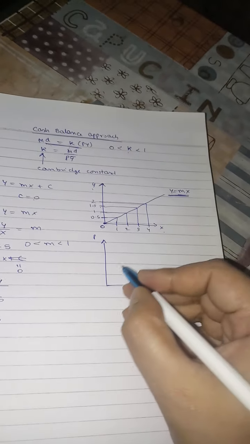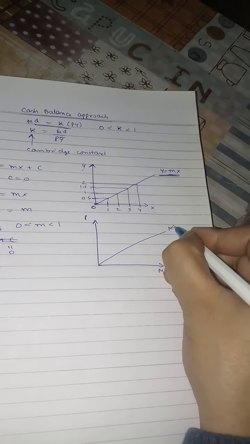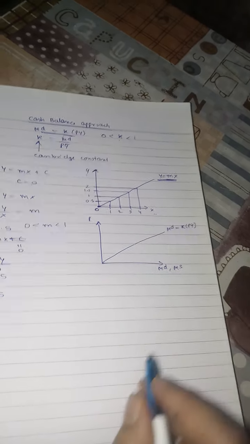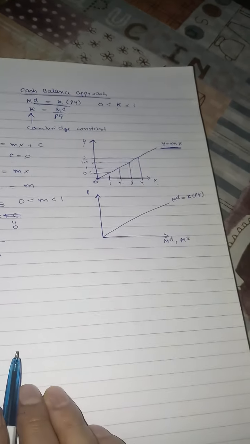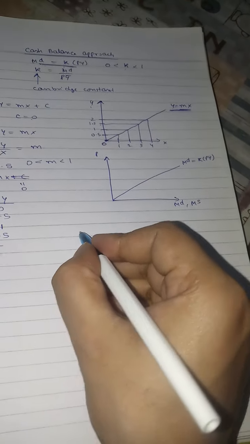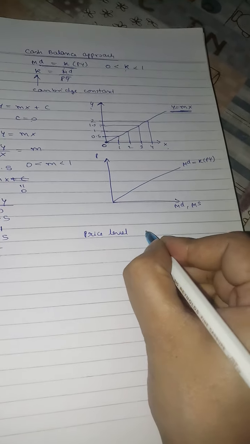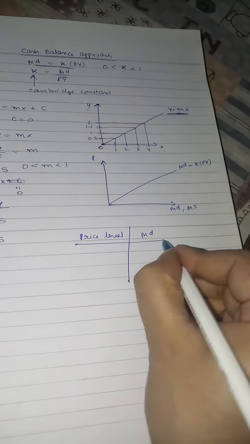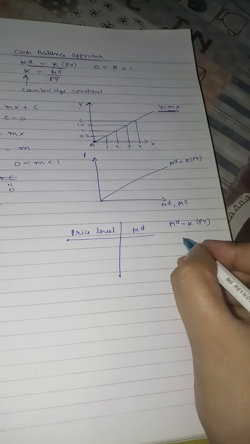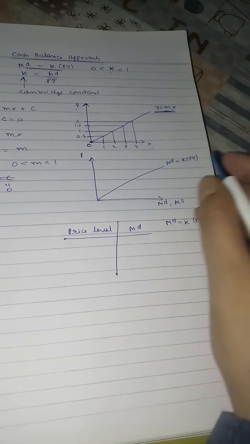Okay, so this is what I have noted here. So money demand equals this thing, or you just write this term, same thing. So this is your money demand function, and this is how I have drawn it. Let's take one example: price level and money demand. This is your money demand, some proportion of your value of output. I'm just telling you the technique for drawing the graph.